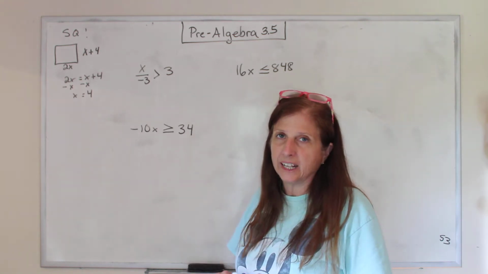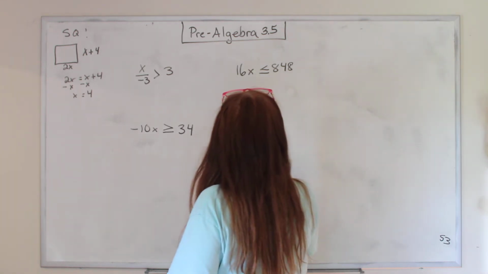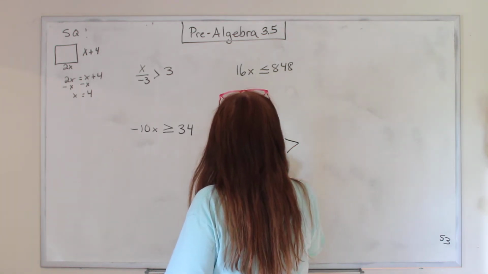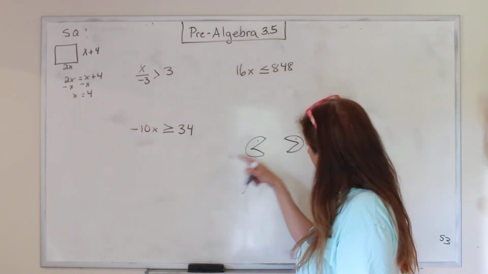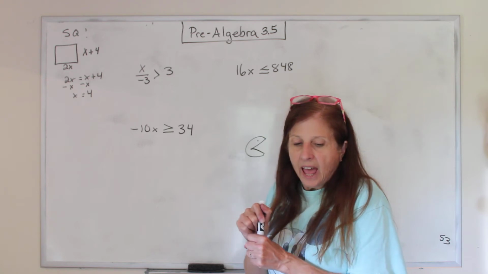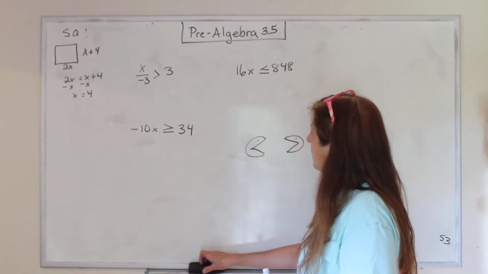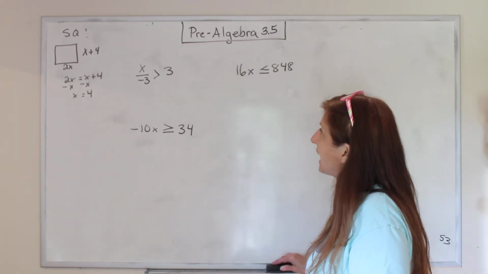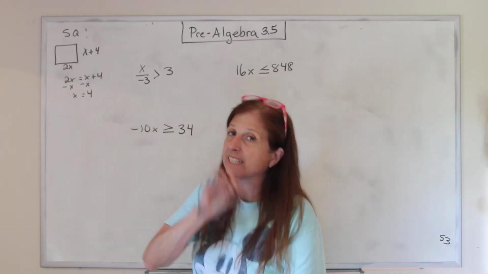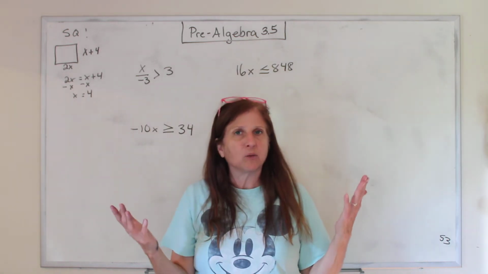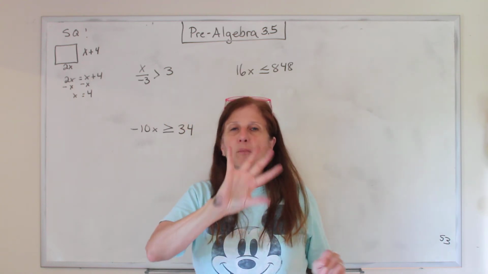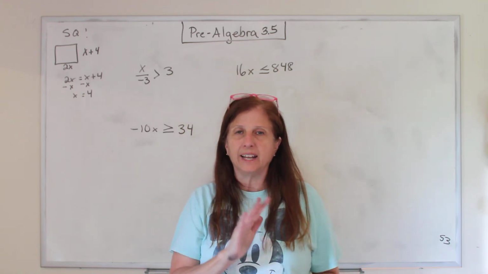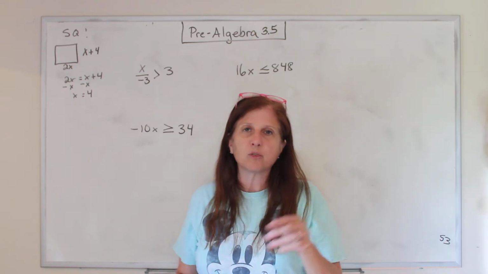Now, back to inequalities. As you remember, the inequalities are Pac-Man. Pac-Man wants to eat the bigger one, greater than, actually less than, greater than. And remember that we solve the inequalities exactly like we do with the equals, except for one rule. What was that rule? You flip it if you multiply or divide by a negative number, and that comes from